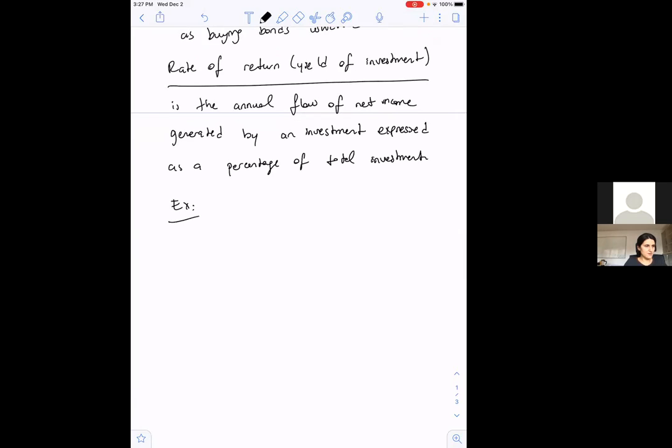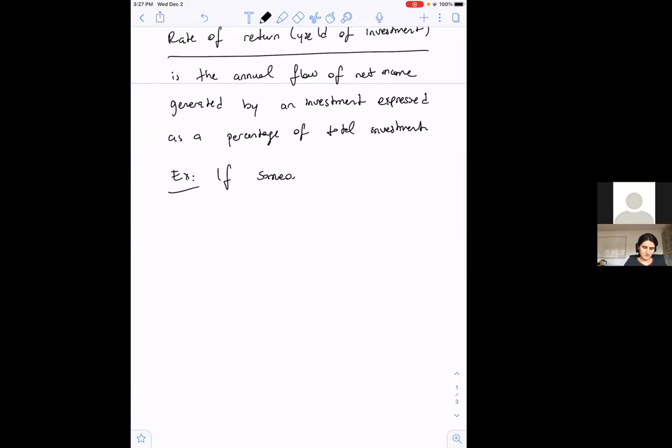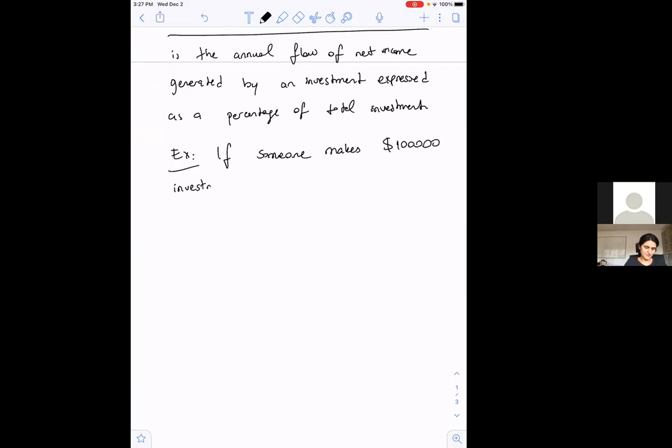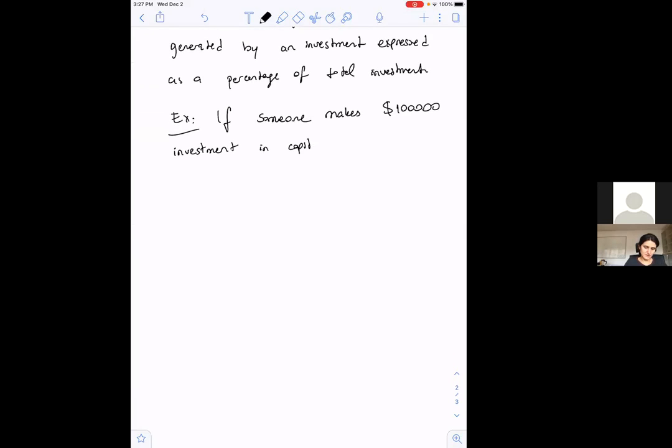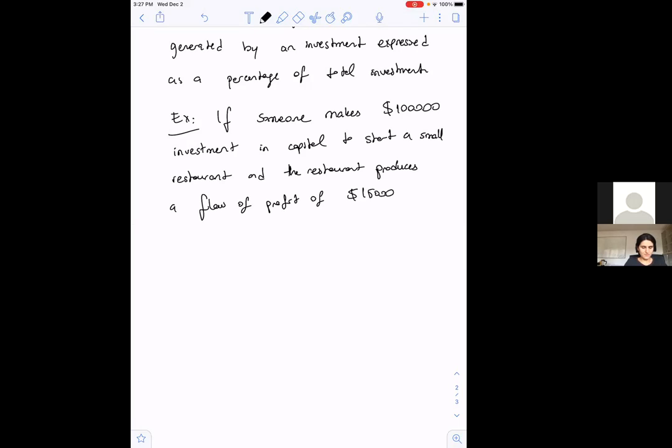For instance, if someone makes a $100,000 investment in capital to start a small restaurant and the restaurant produces a flow of profit of $15,000 every year, we say that the rate of return for the project is this: 15,000 divided by